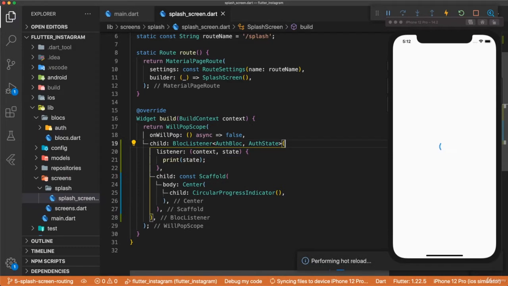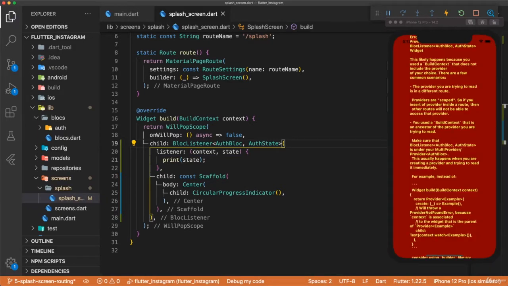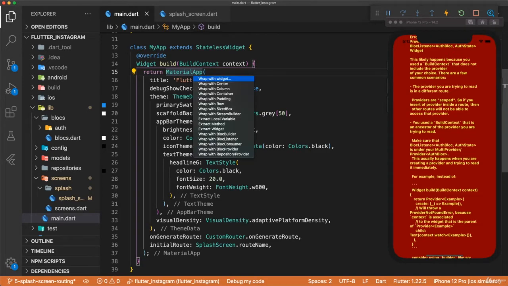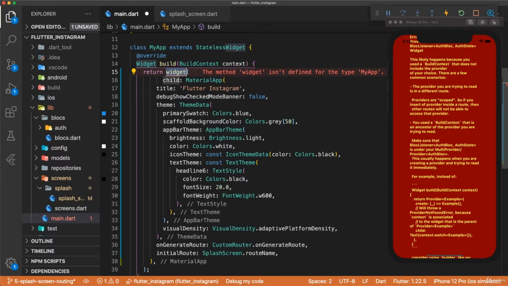hit save, we see that our simulator brings up an error about not being able to use the block listener because we never provided our auth block to our app. To provide our auth block, we need to go into our main.dart file, and we're going to provide the auth block above the material app. And this means we're going to be able to access the current state of our auth block anywhere in the app. Let's wrap our material app with a new widget called multi-repository provider